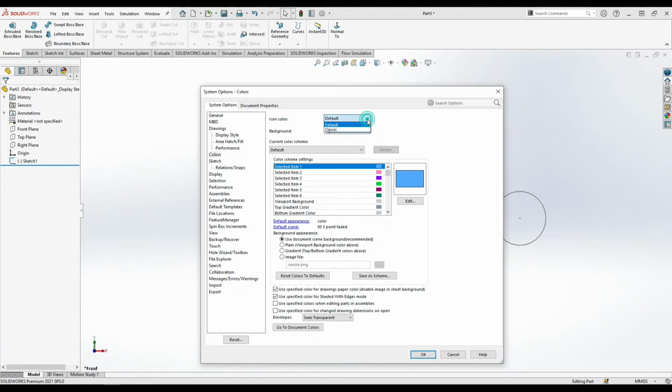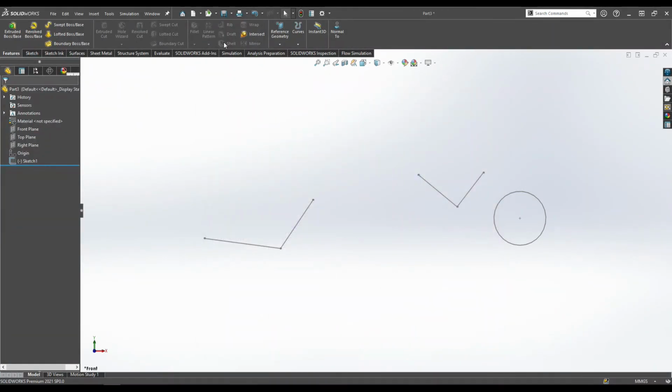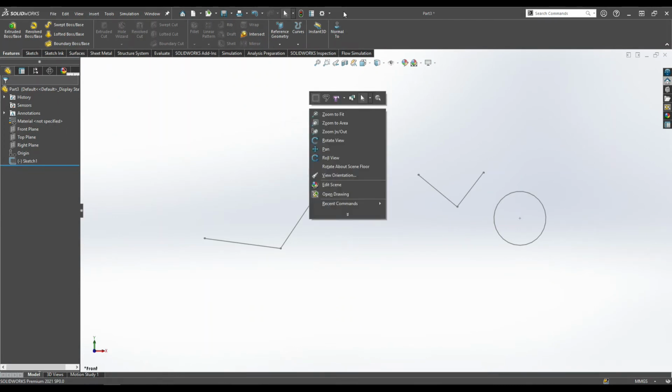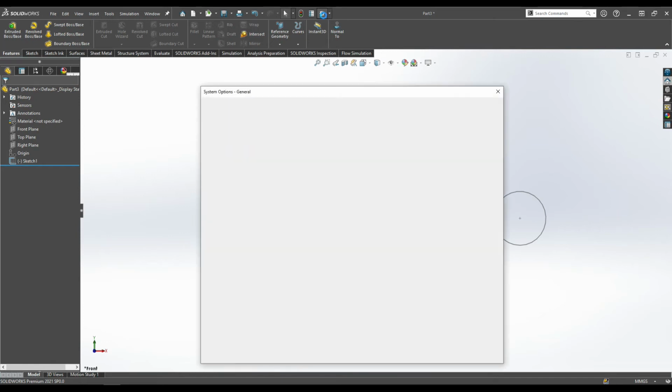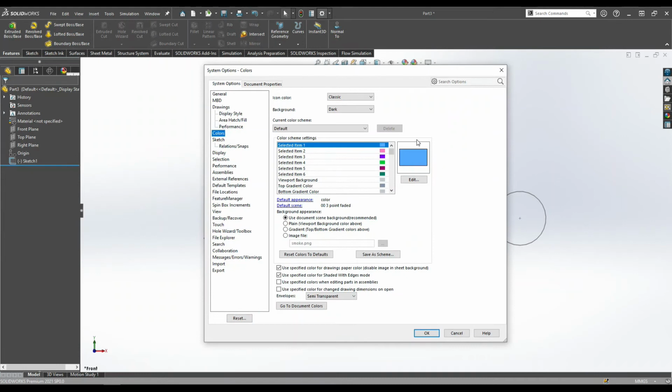Once you click the classics, in these classics you can change the background also, like medium light, medium dark. Once you click the dark, just click OK. Here you can see the command ribbon and features tree become dark, and this one becomes classic systems. Okay, and just go to the settings, go to the colors, and in these colors again you can see